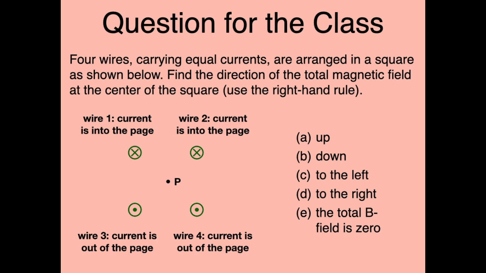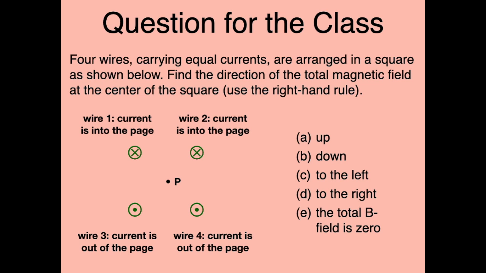Wire number 2 on the upper right is also carrying current into the page. And then wires 3 and 4, which are on the bottom, are carrying currents going out of the page. So I want you to think about point P. What does the total magnetic field there look like,